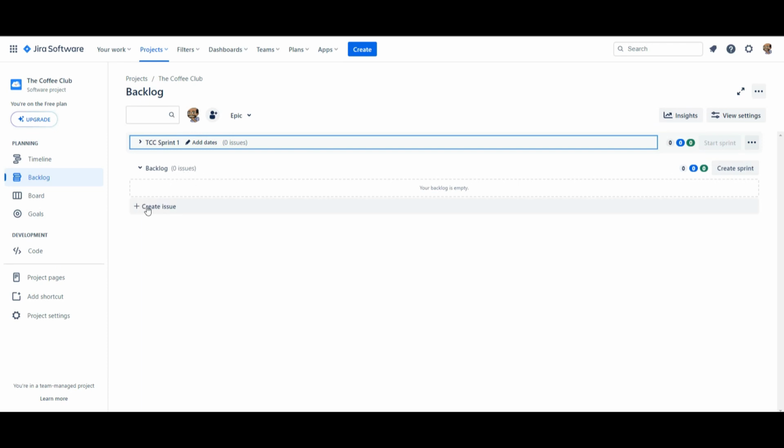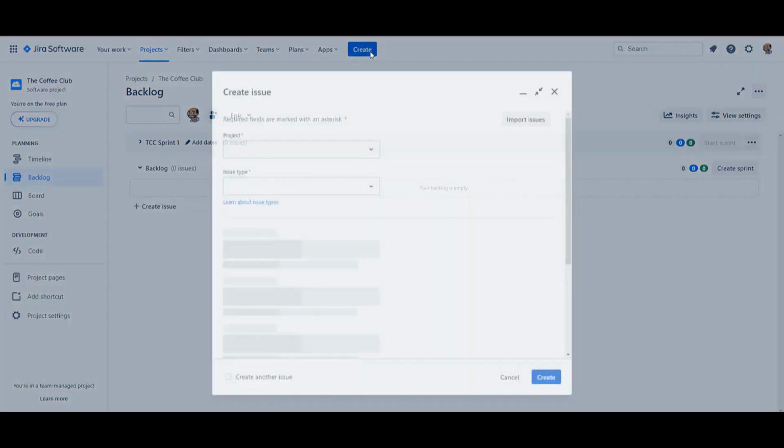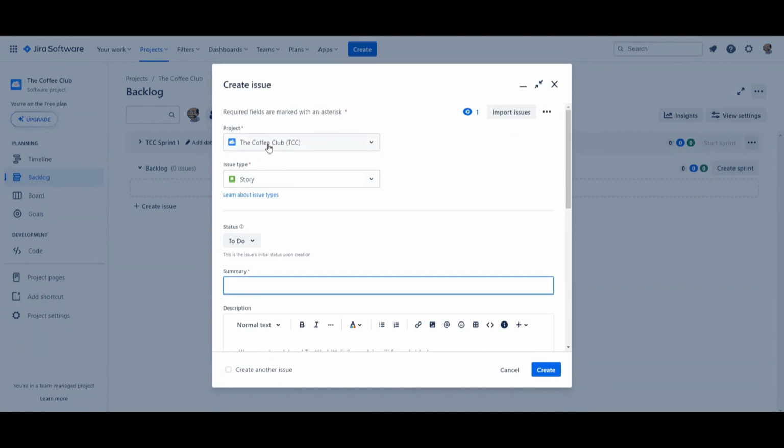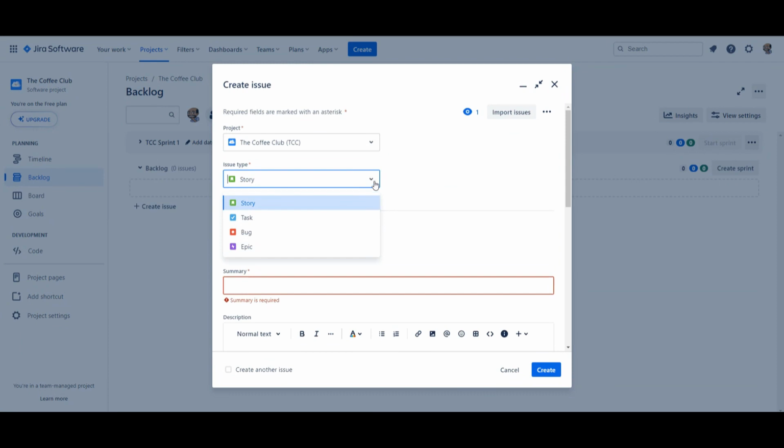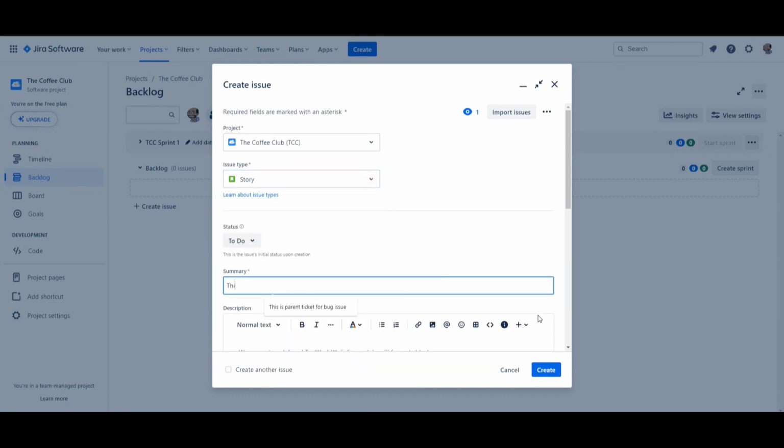So let's create one. By clicking on here or here, we can create one. So let's click on here. It gives you a very small window. It's like a quick way of adding stories, but I want to open this in a bigger dialog. So let's open this in a bigger dialog by just clicking on here and saying this is the project name. It's a story, or it could be a task, but I want to say it's a story. So type in there what it wants you to do. So this is my first story, user story,